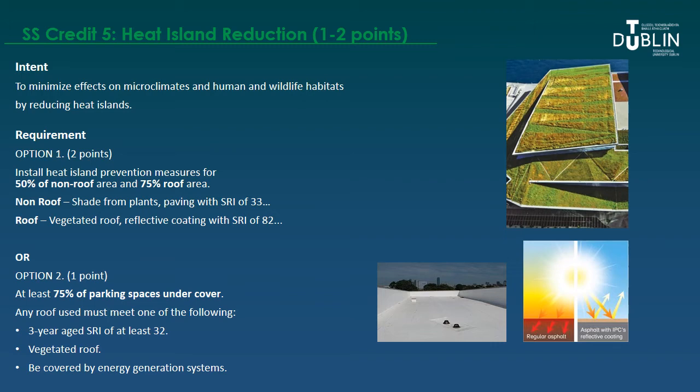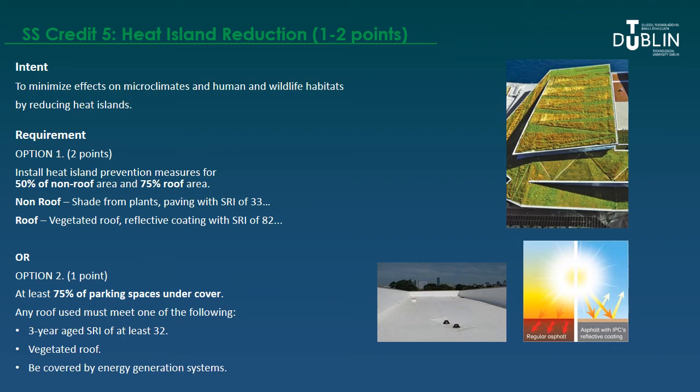So there's two options to meet the requirement. You can either install heat island prevention measures, and they're defined in the manual for 50% of the non-roof area, so that's obviously anything on the ground and paving, etc., and for 75% of the roof area. So in the non-roof area, the options might be things to do with shade from plants or paving with an